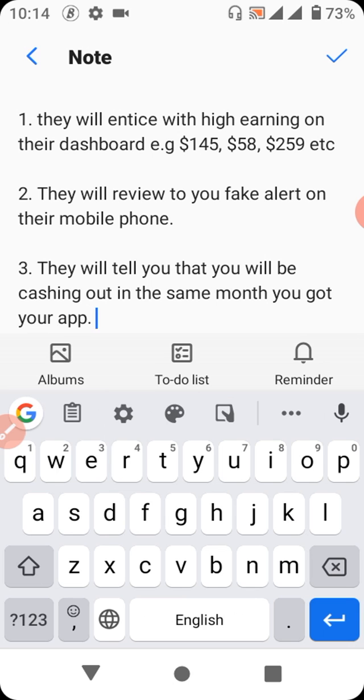Just behave as if you want to pay, even though you have noticed number one and number two from them. Act as if you are interested and want to pay for the app. Ask them, when will I be cashing out from Google if I pay for this app now, and hear their response. Most of them, if not all, will tell you that you'll be cashing out that same month, forgetting the fact that once you have reached $10 on